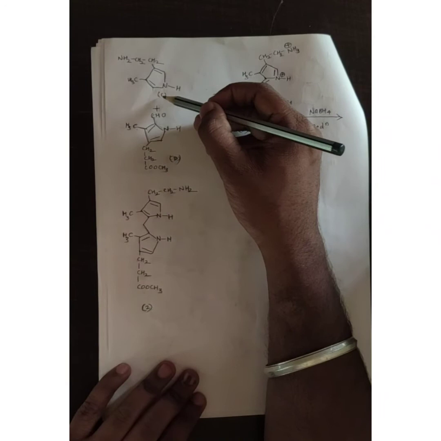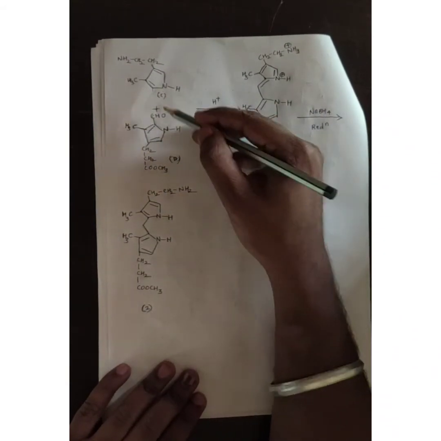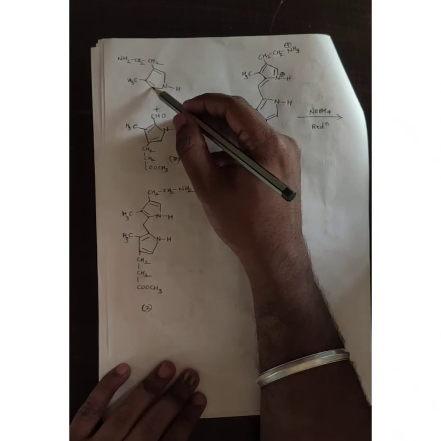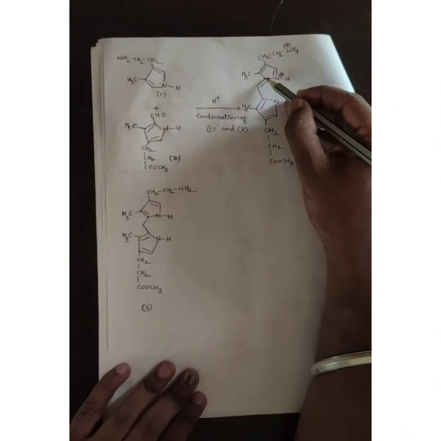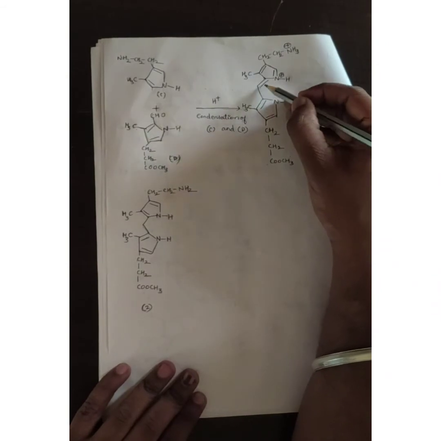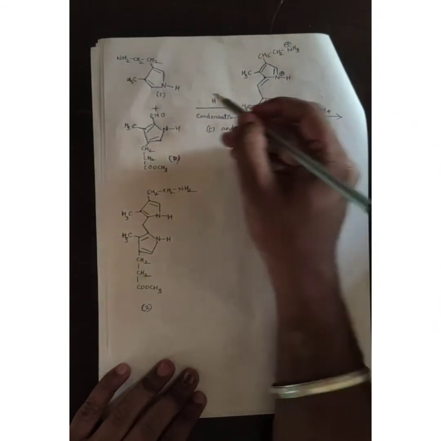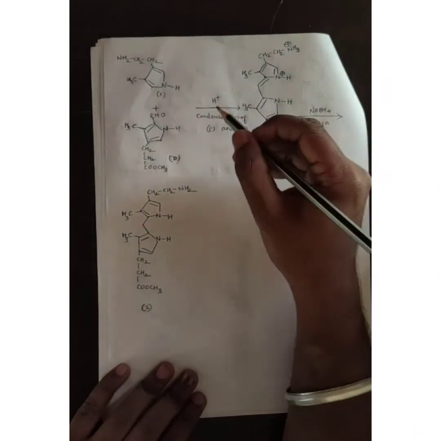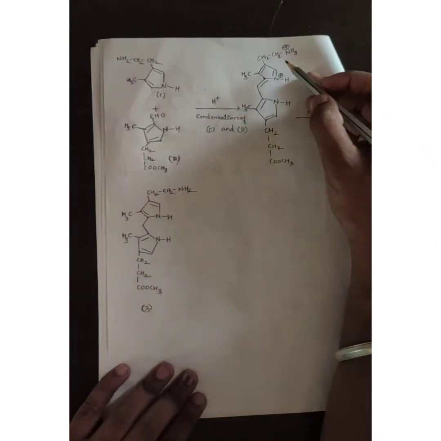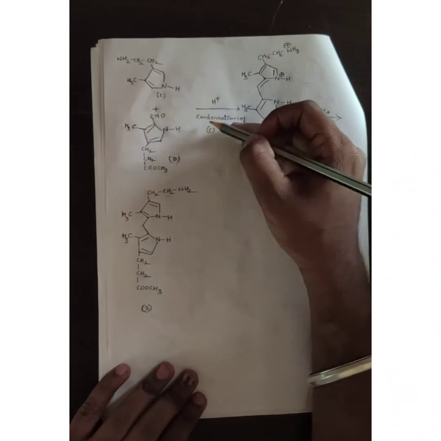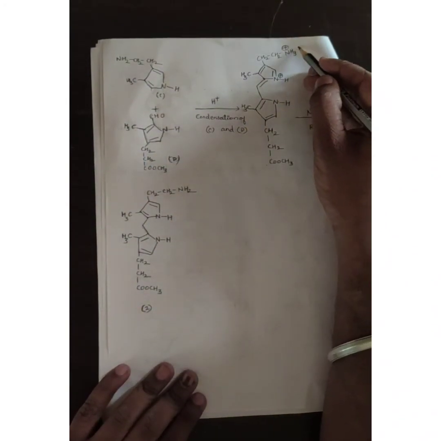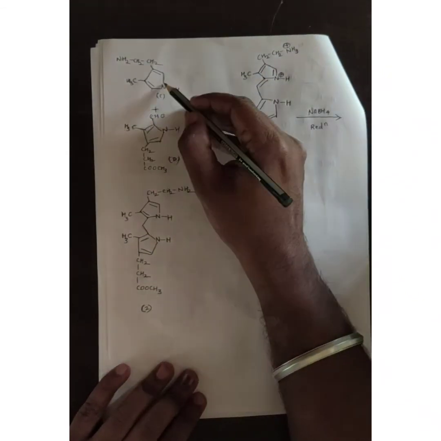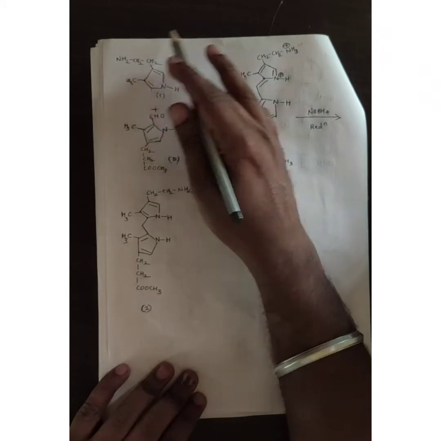When I do the condensation of C and D, the alpha position is again substituted by an aldehyde, because I need to do the condensation of C and D. Because of this CHO there is a condensation and other things remain the same, and along with that I am treating with H plus. When I react with H plus, that is acid, quaternary ammonium salts are formed, NH3 plus Cl minus. So this is one step, where N plus H and NH3 plus are formed.